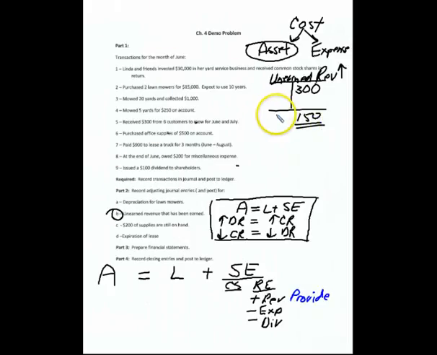Okay, so here we are. Unearned revenue, just as a review, we had $300 in it. We want the balance to be $150. So what's happened is that, if I think of the transactions, we have mowed yards, which is revenue. So what we delivered, what we gave up, was mowing the yards. And in exchange, we get a reduction of our unearned revenue. So the liability will go down. So the give and take is that we mow these yards, and in exchange, we get a reduction of this